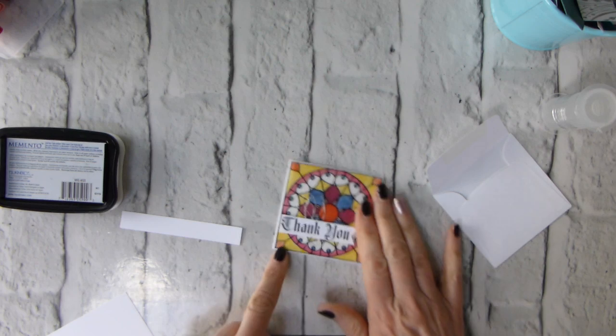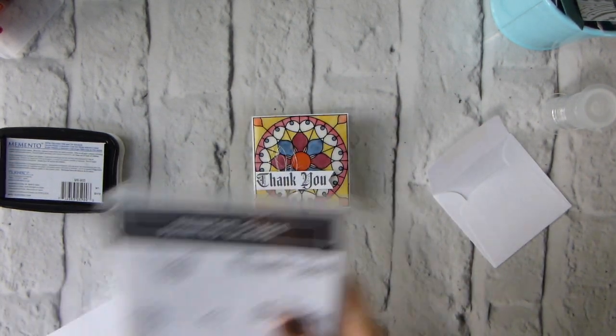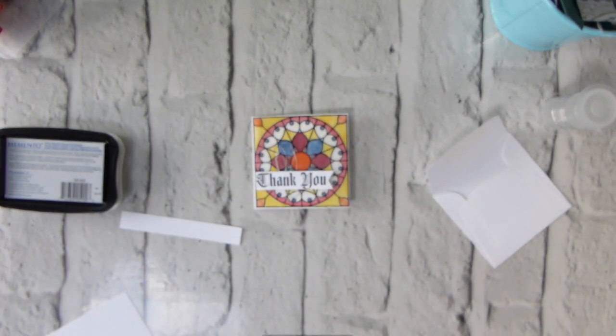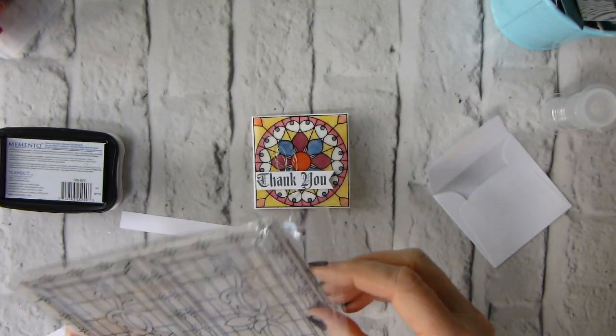But it uses some of our lovely new shiny products that you will get to see soon, which are the painted glass stamp set, which I used for the sentiment, and then for the focal point I used some of our graceful glass vellum, which is